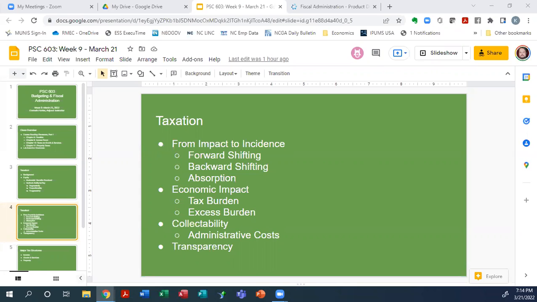So there have been times where that happened. It happened in the 1960s and 70s. We had a surtax that was done specifically. Part of the reason why the surtax was done: one, it was done to raise additional money because we needed it, because we were trying to fight in Vietnam and build the Great Society.